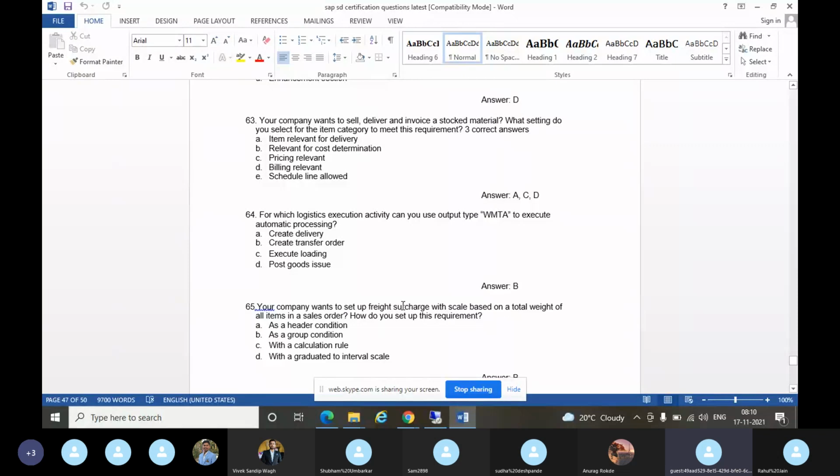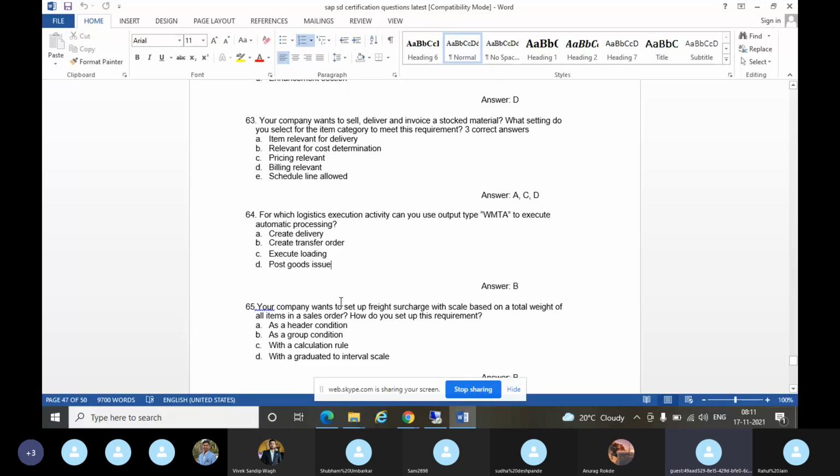One condition type KF00 should be maintained for all items in the sales order. That means first, the KF00 condition type group condition should be triggered, and all the material items in the sales order have to come, meaning the material grouping is done by people. Only then is it called group condition. If any question comes saying anything like all items in the sales order, group condition is there, you click group condition and go to the next question. That is what I used to tell my students.